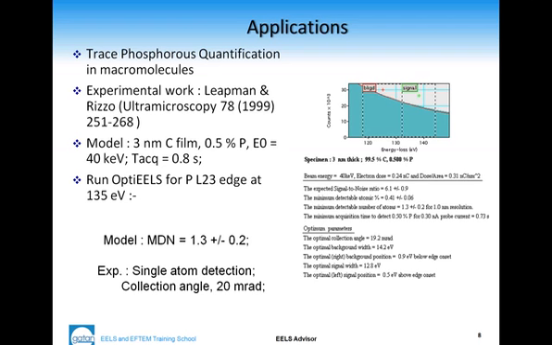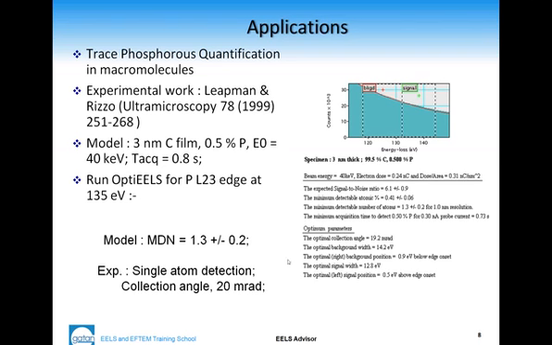To model that system, we have a 3-nanometer carbon film in EELS Advisor at 0.5 atomic percent of phosphorus, 40 keV incident energy, and an acquisition time of 0.8 seconds. We run OptiEELS at the phosphorus L23 edge, located at 135 eV, and the model gives us a minimum detectable number of atoms of 1.3 plus or minus 0.2. So the EELS Advisor software is predicting single atomic